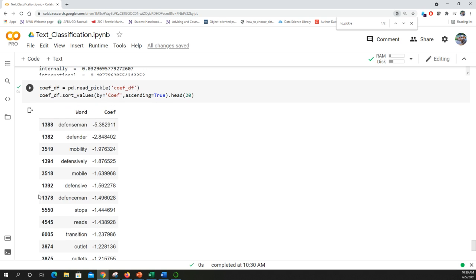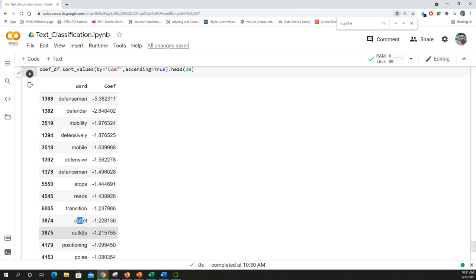here we go. Defenseman, singular. Defender, singular. And this is fascinating, the outsized impact of this one word. I'm guessing that this probably never, or maybe almost never, shows up in a report for a forward. Mobility is a little bit more subtle. I think we mentioned that. Talk of how they play defensively. Their defensive game might be what we're seeing there. The fact that they can get stops is something we'll often see. What their reads are coming out of the defensive zone, how they play in transition, outlet passes, outlets,